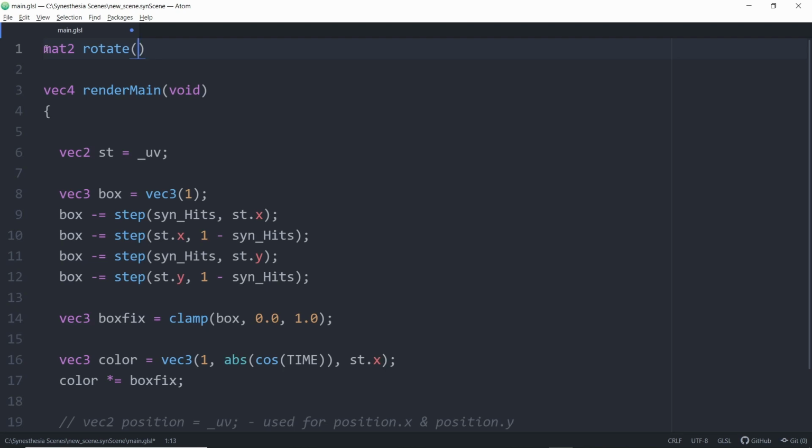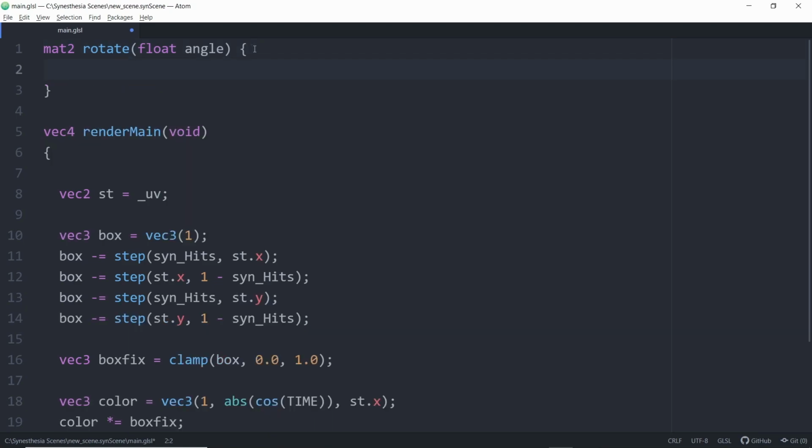Inside the brackets we'll write float angle. This means we're making a function called rotate, and it's going to require a number as its input that we can use back inside the curly brackets of our shader. After the float angle inside the brackets, we're going to jump out and add curly brackets. Inside the curly brackets, we're going to give ourselves a line break, and then we're going to write the following line of code. So we'll write return